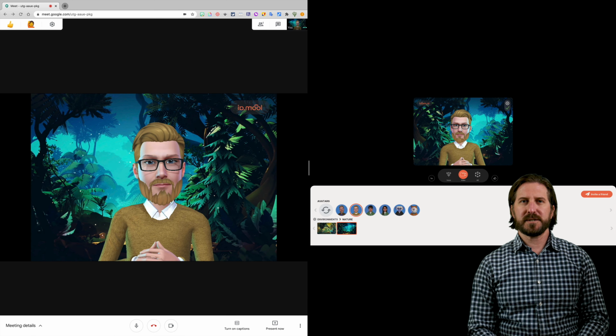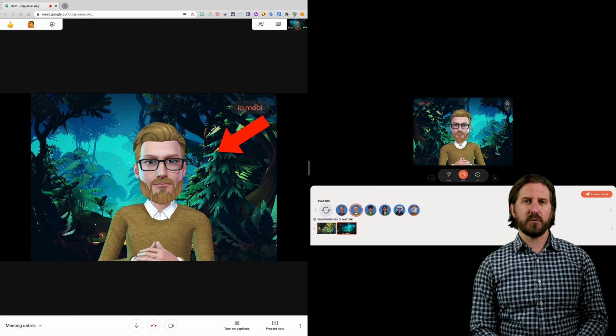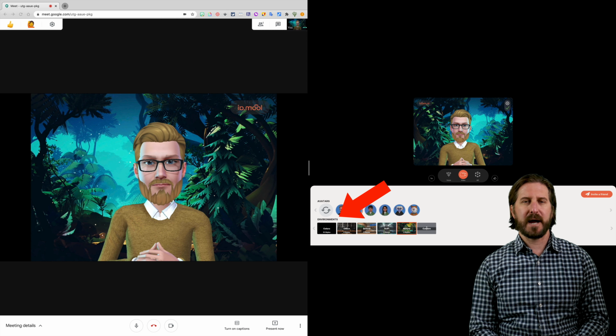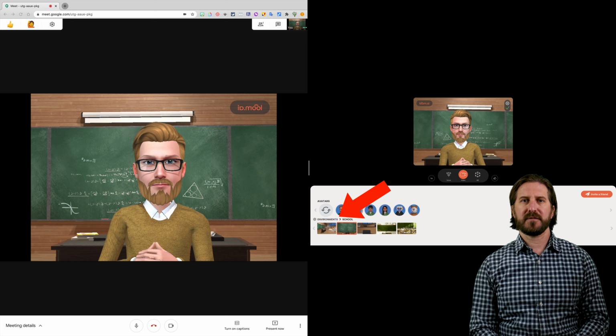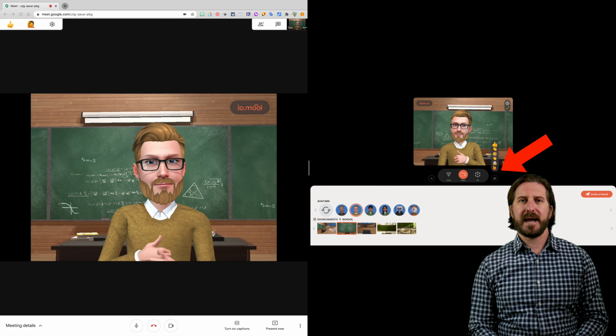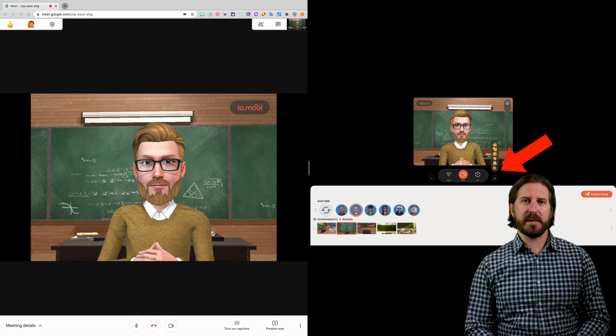All right, so what I'm going to do here is pull up a split screen so that you can see the Lumi Live camera on one side and then what's showing up in the Google Meet meeting on the other. So if you were to decide, for example, that you wanted to switch the background for your virtual avatar, you would need to do that through the Lumi Live camera. And you'll notice here as well that you could pull up the gestures icons and use a gesture, and then that will also show up in your Google Meet meeting.